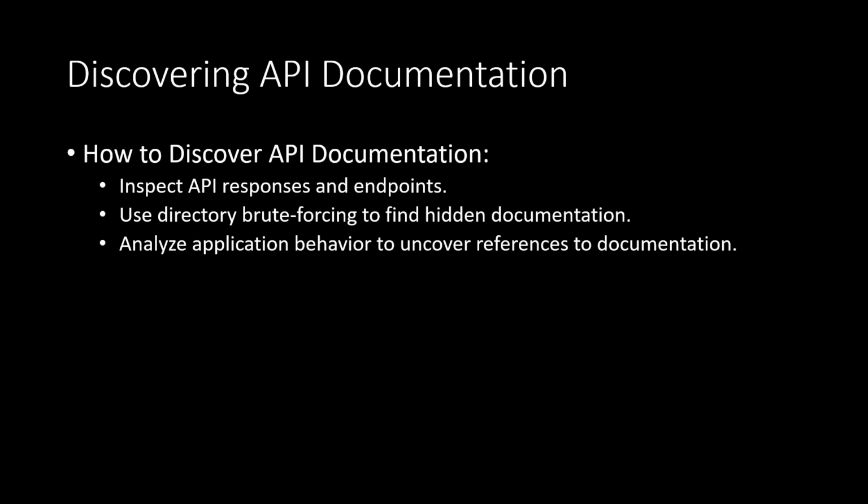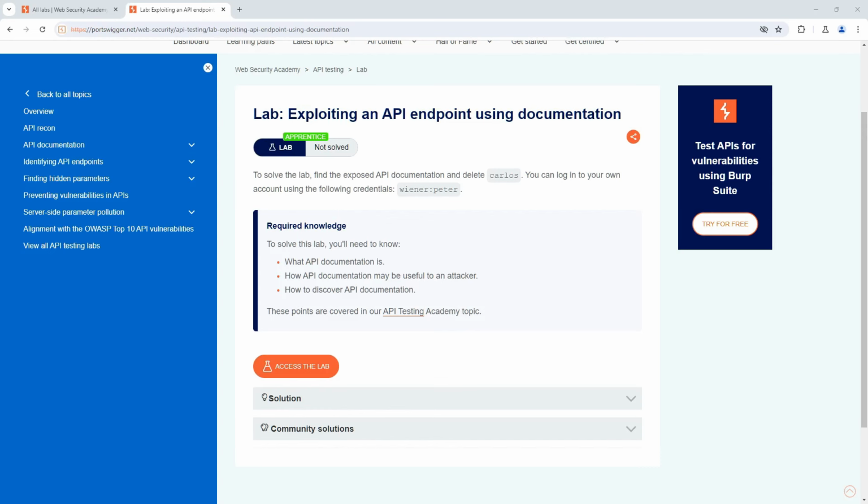To discover API documentation, attackers can inspect API responses and endpoints for references to documentation, use directory brute forcing techniques to find hidden documentation files or directories, and analyze application behavior to uncover any references to documentation URLs. Once the documentation is found, it can provide a roadmap for exploiting the API. Alright, time for the hands-on part. Let's now demonstrate how to solve this lab by finding and exploiting the exposed API documentation to delete the user